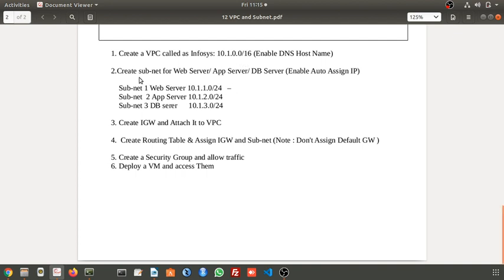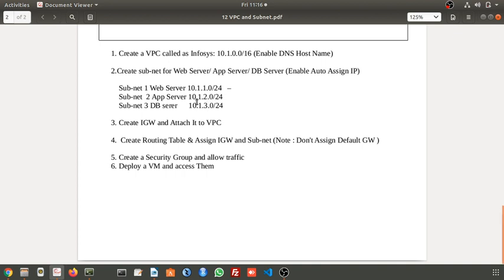And here, after creating the VPC, create a subnet for each of these servers. While creating the subnet, you have to assign the IP while creating this web server. And for each and every subnet, assign the IP address class something like this, 10.1.1.0. So this class and this class should be in the same class. Here it is 10.1, here it is 10.1. Okay, this can be varied. This subnet class is now again changed, 10.1.1. Here this subnet class is changing, 10.1.2.